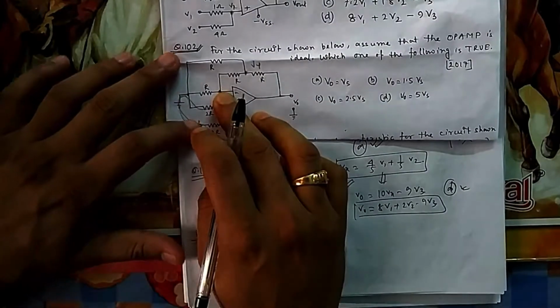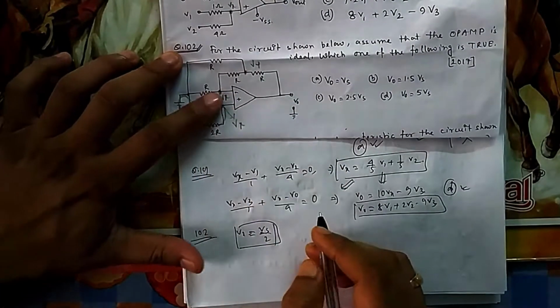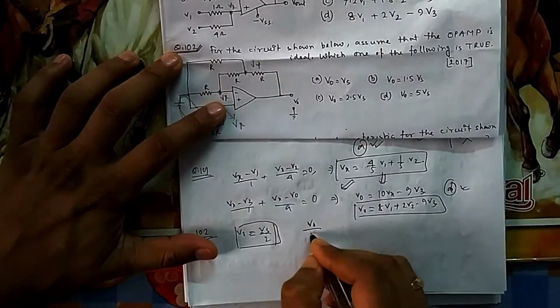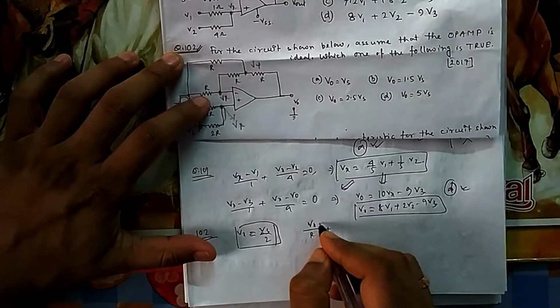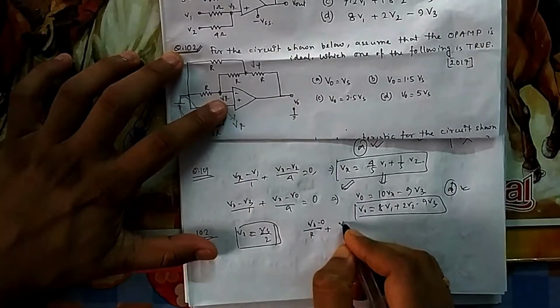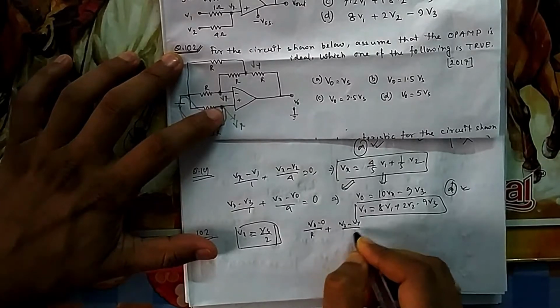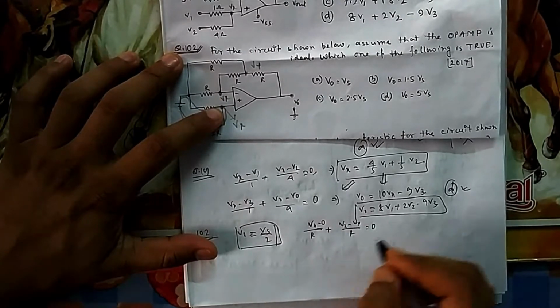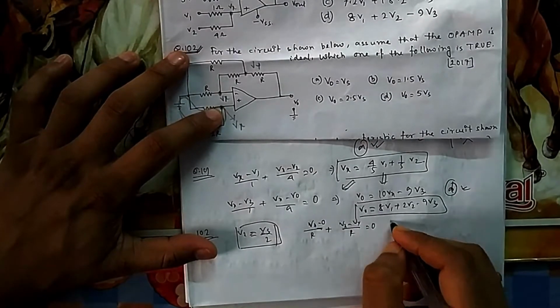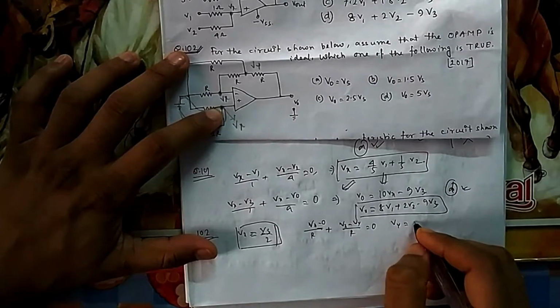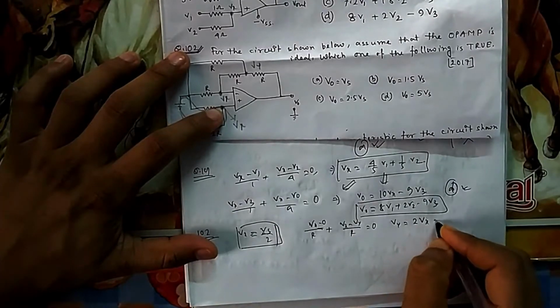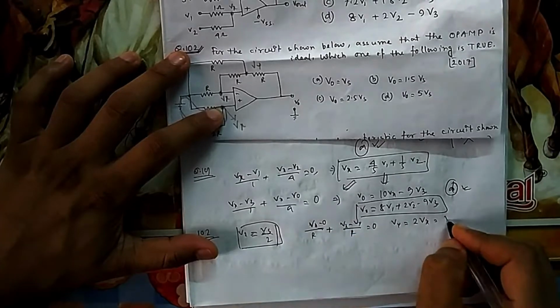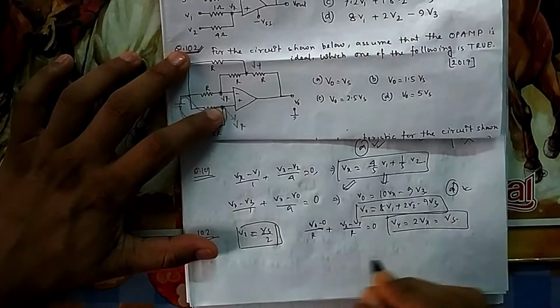Now next you take again nodal here. What will be the nodal here? It will be Vx minus 0 by R plus Vx minus Vy by R is equal to 0. So R gets cancelled, so you will find Vy is equal to 2 Vx. Now Vx equal to Vs by 2, so Vy is equal to Vs. So Vy is also you got.